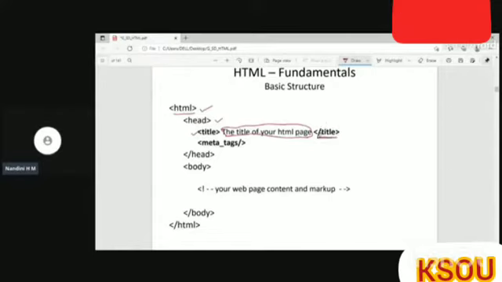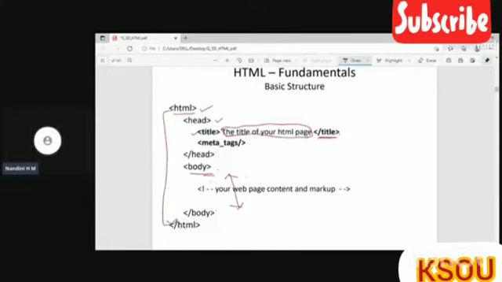You can see here a slash and then the tag name. And then we have to close the head tag. After that, we have to open the body tag. Whatever you want to display in a web page, you have to place in the body tag. It contains the actual content of your web page. If you want to align your content, or if you want to put a table, etc., you have to write that within the body tag. After that, you have to close the HTML tag. So you have to maintain this sequence.